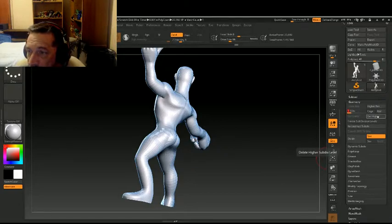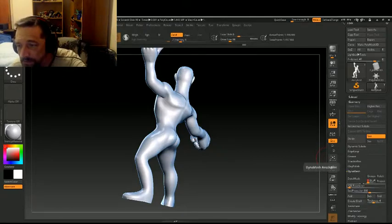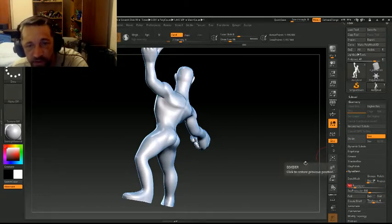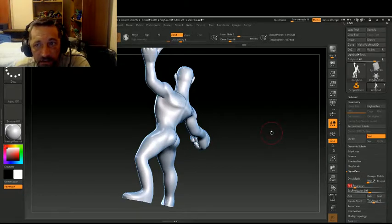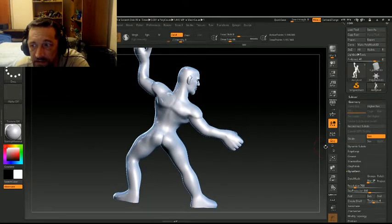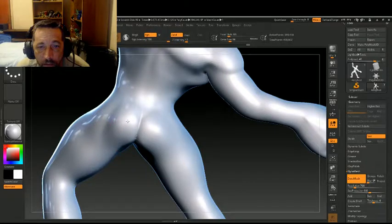Okay, we go back up to maximum subdivision, which is right now 4. Delete lower, Dynamesh, blur 0, and resolution of 768. What this does, this converts it into even quads. And one of the aspects of it is it blends parts that touch. Okay, so when we look at the butt now, oh look, it's now pants. I can increase the...